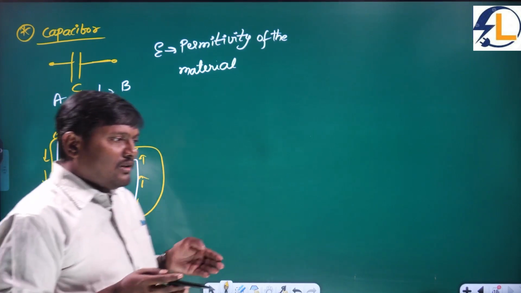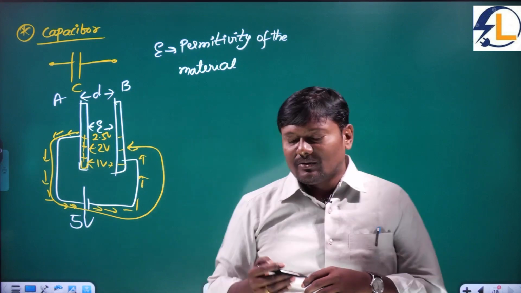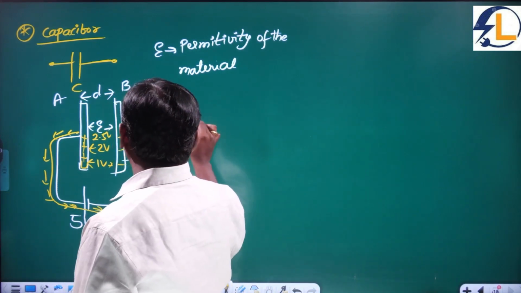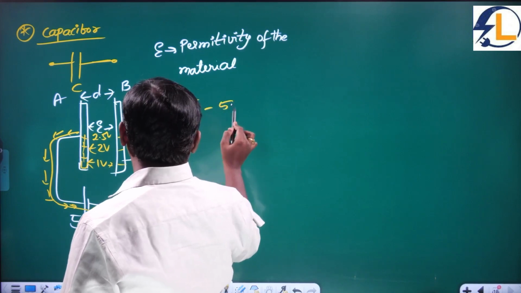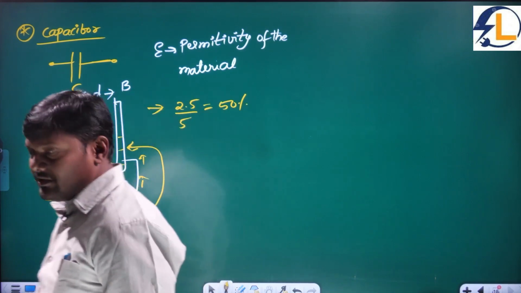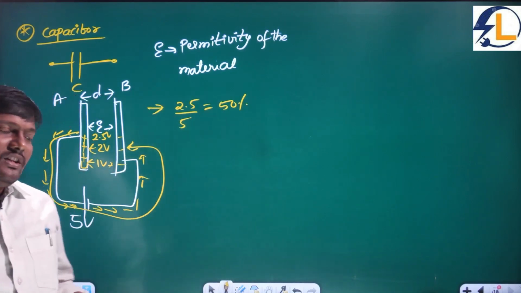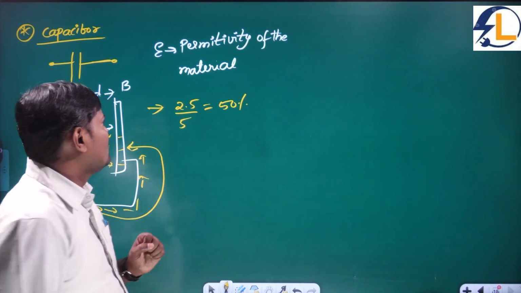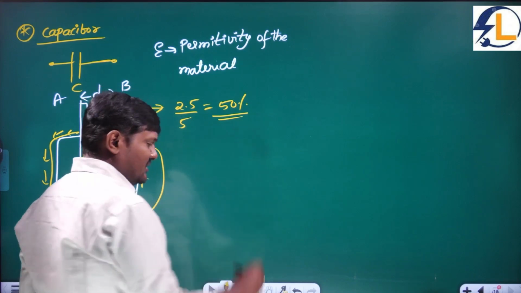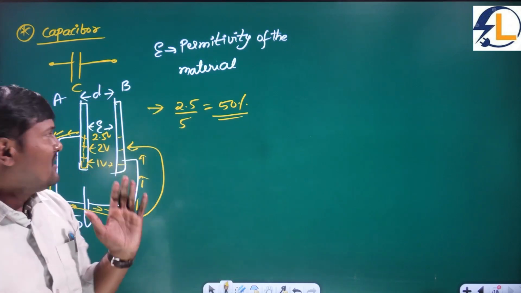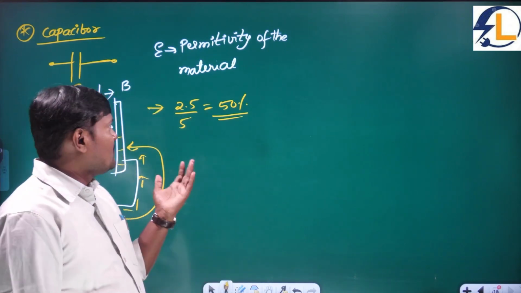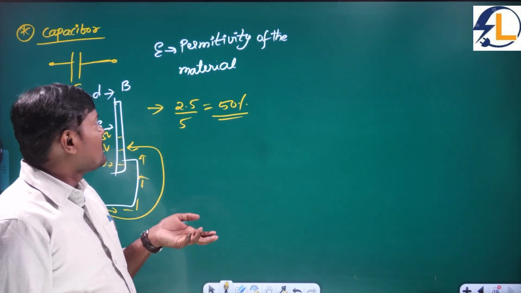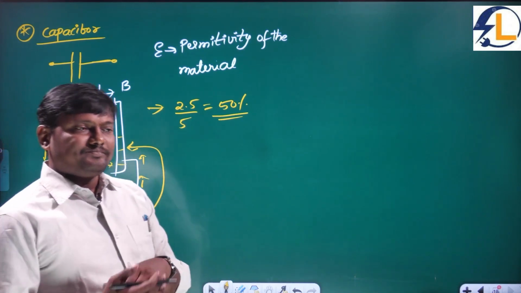While your mobile phone is charging, it is charged to 50%. How much is it charged now? 2.5 by 5, which is equal to 0.5, into 100 is 50%. Suddenly you get a call and you pick up the phone. So what is your charging now? 50% only. You talk with someone for 5 seconds with the help of your phone, and suddenly you